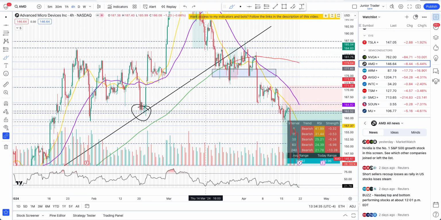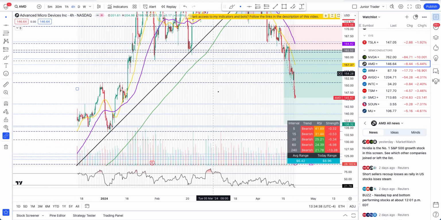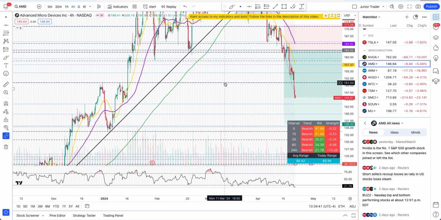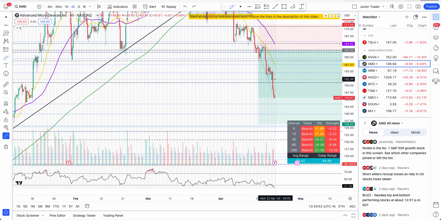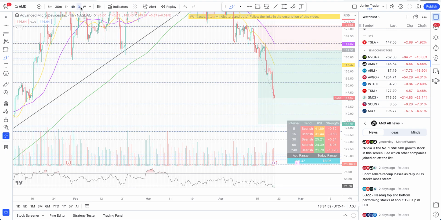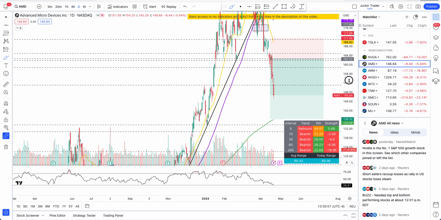I was watching this loss of this support because this is what I was looking for, two levels down: the break of 151 and then around the level of 135, because that's only where I'm seeing some areas of price action. So this is what I was watching, and I'm taking partial profits throughout this journey, right? 151, it hit one of my targets, and yes, I still expect AMD to continue lower, at least to this